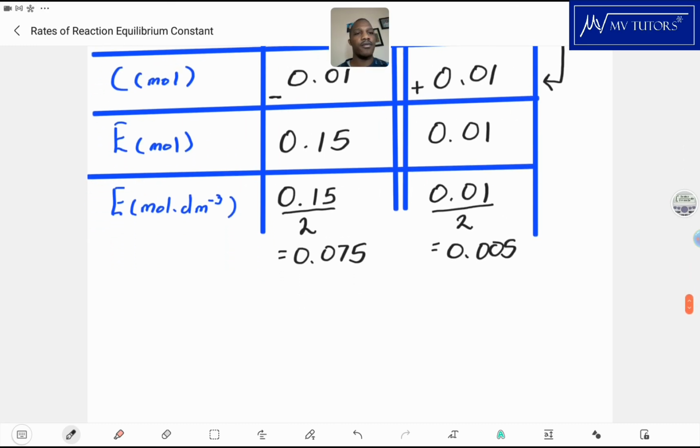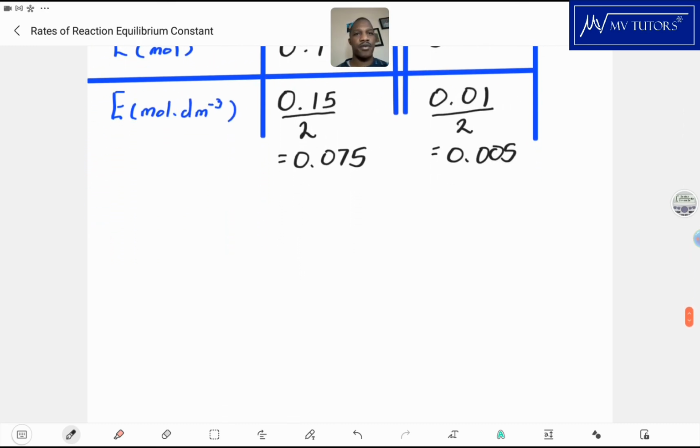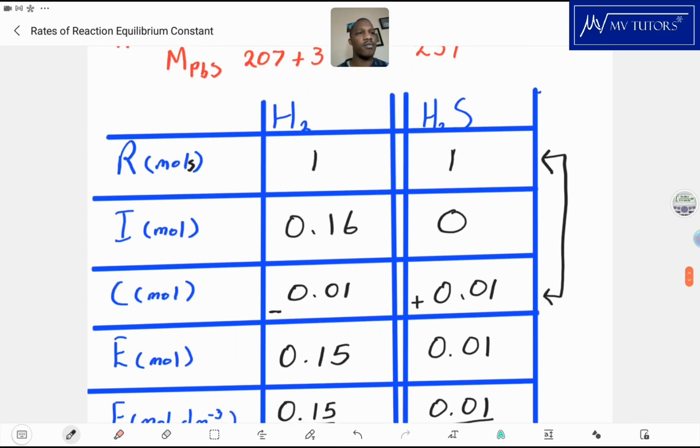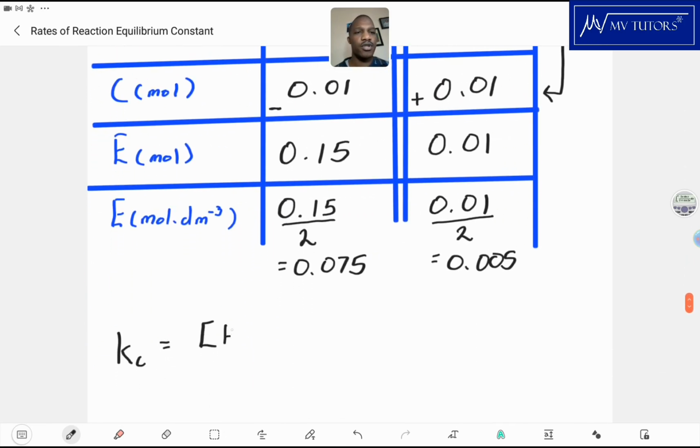So what we're going to do now is that we have everything we need to calculate the equilibrium constant. And remember, the equilibrium constant is going to be equal to the concentration of the products, which is H2S, and there's no exponent. Exponent is 1, divided by that of the reactant, and it's also 1. So concentration here is for H2S is